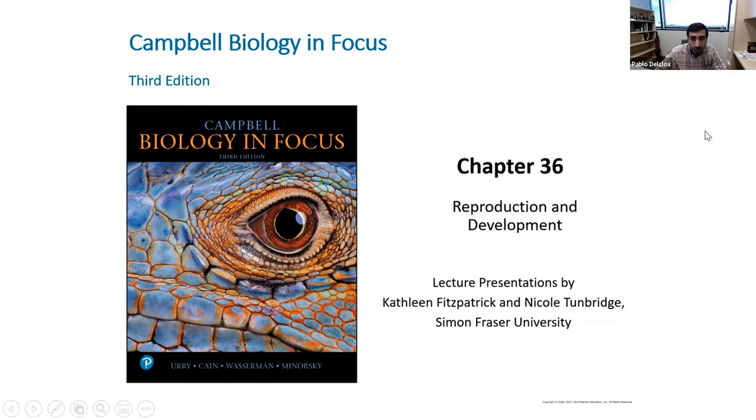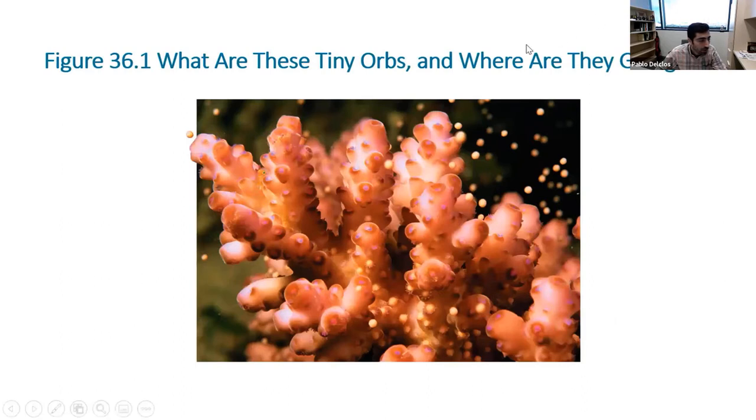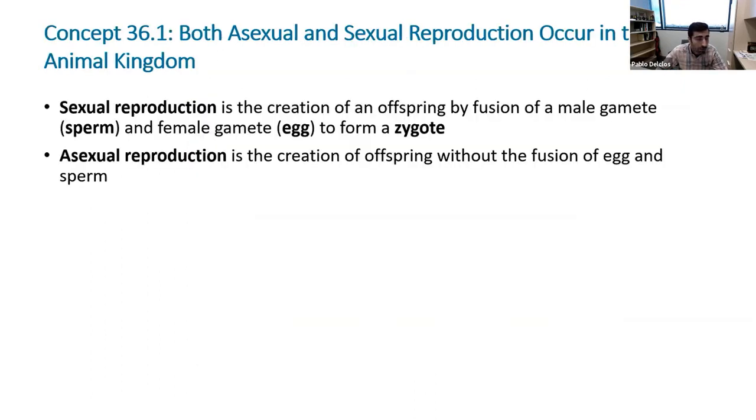And for animals, it's important to note that animals can undergo both asexual as well as sexual reproduction. We probably associate animals with sexual reproduction because that's the only way we can reproduce. But animals like the sponge and many invertebrates can also reproduce asexually. And the main differentiation between them from a scientific point of view is that sexual reproduction requires